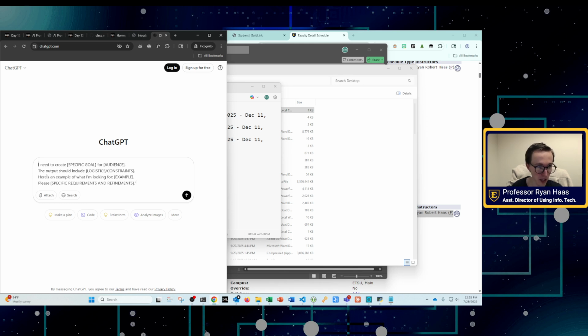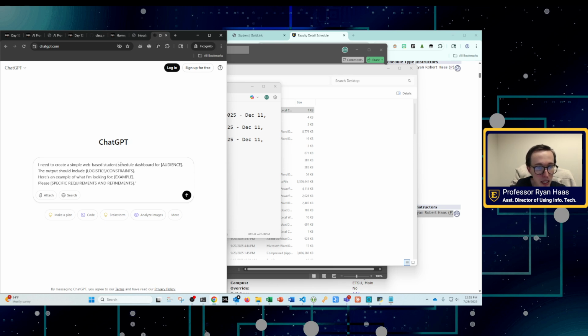So I need to create a simple student schedule dashboard, and I'm going to add this, a simple web-based, because I want it to be easy for me to run in just a web browser.